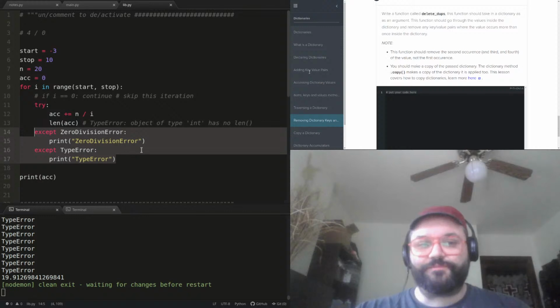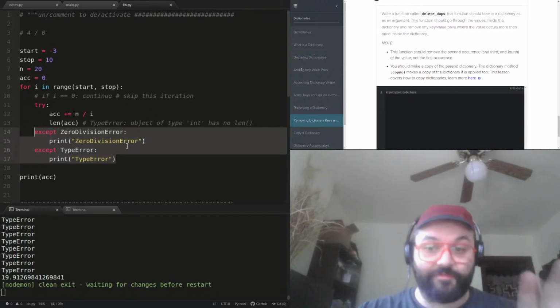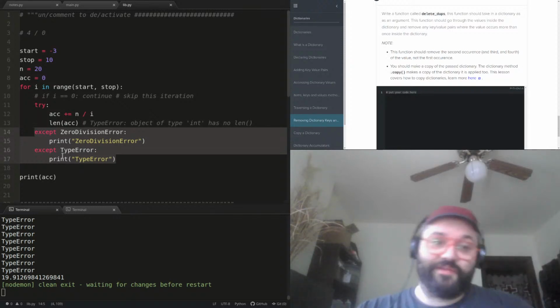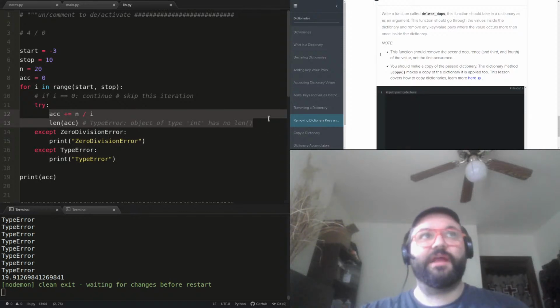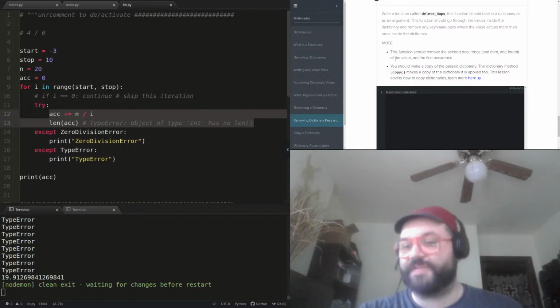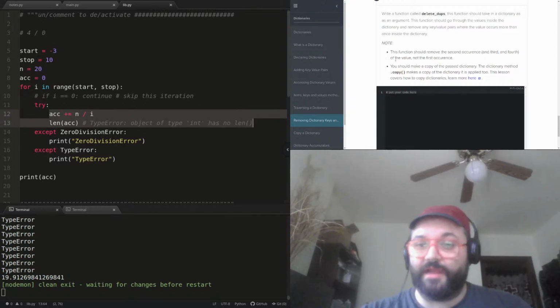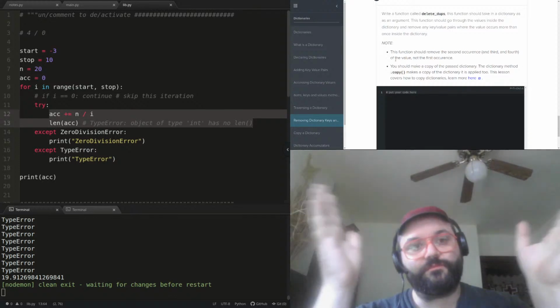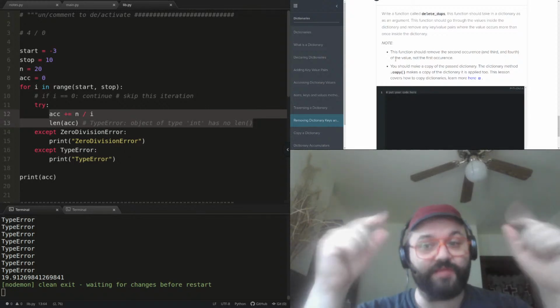Now, this is how I want you to think about it. There is an exception to the way I'm framing this, and I'll be honest about it, but this is the way that I want you to think about it. If you have some code and you're like, I'm getting this error, and it would be just really easy to just say, if I get this error, just do this other thing instead. That's a great case to use error handling. That's a really good case. So you could say, okay, if I get this error, I'll accept on that specific error, the error that you're worried about.